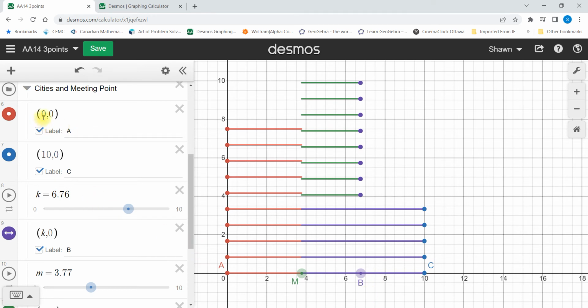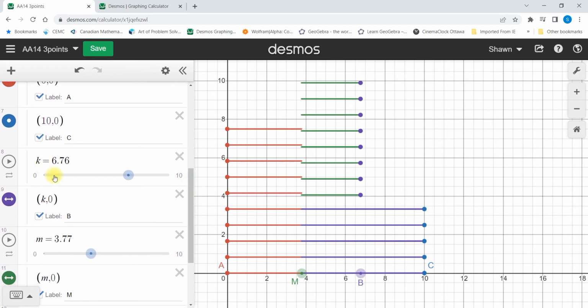So how could I do that? Well, I just do a point 0, 0. It wanted to know if I wanted to label. I said yes, because I wanted to show that this is A. Same thing, 10, 0 for C. And then I created these